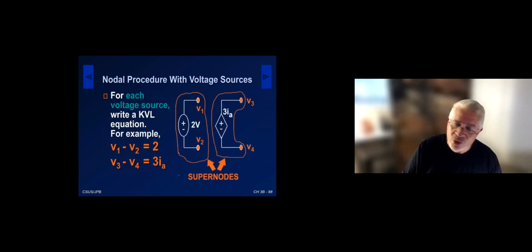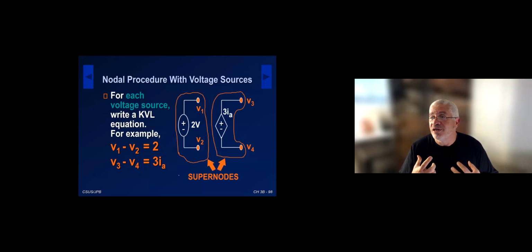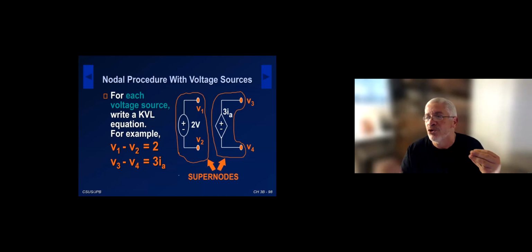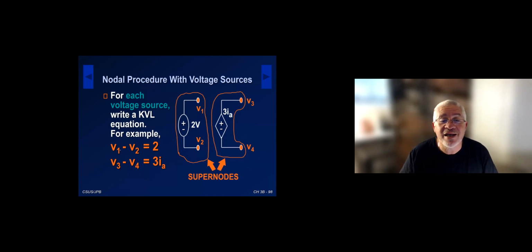The next thing we do, we write a KVL, a Kirchhoff voltage law, for each source. I'm going to affectionately call it the source equation. Okay, so in essence, what is a voltage source? If you think of your car battery, it maintains 12 volts, or it attempts to maintain 12 volts between the red terminal and the black terminal. So the voltage source definition is trying to maintain a voltage difference between the two terminals or the two nodes. So in essence, the source equation is writing what the voltage source does, and we do one equation per